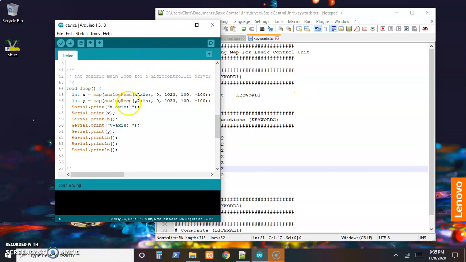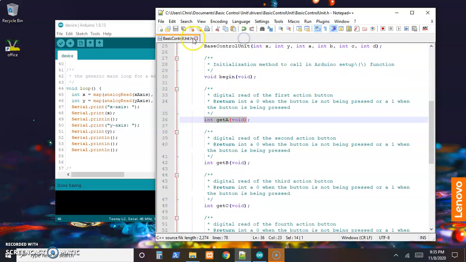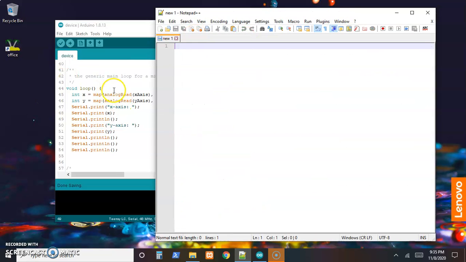Now, if we're going to import this in and use the compiler in the Arduino IDE, we don't want to actually make any edits on these files we just created. We want to import that into the IDE libraries and then edit the imported file. So to do that,